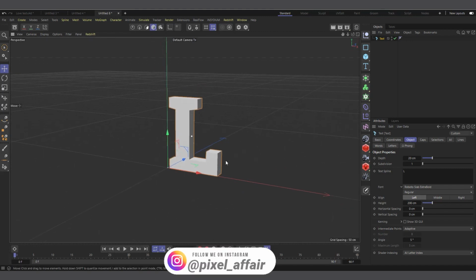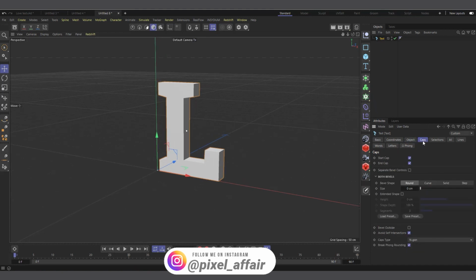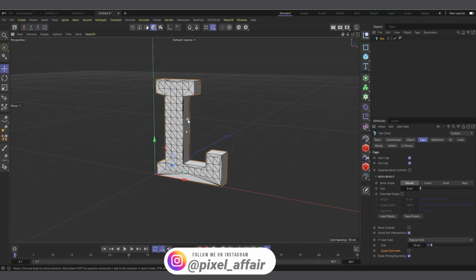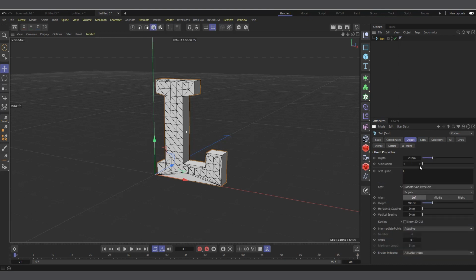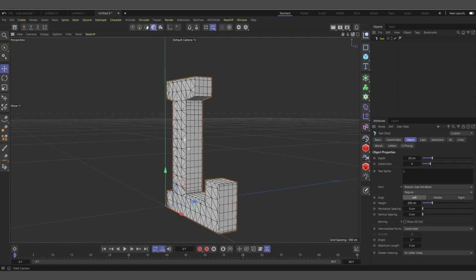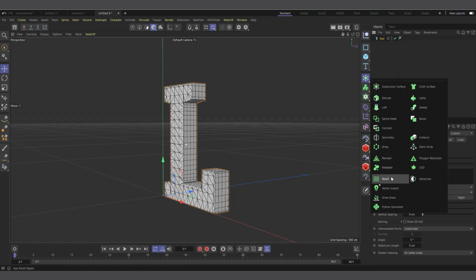Now there's something I'm going to do which is only in R26, but it's not even necessary. You can use the caps, come in here to cap type, add your regular grid, and add segments. If I change the display, you can see we can add segments so that you can segment our text properly. If I change the intermediate point to subdivide and add a bit of subdivision here, you can see it has broken our text down nicely for us, right? You can use this method, but because we have the remesher,